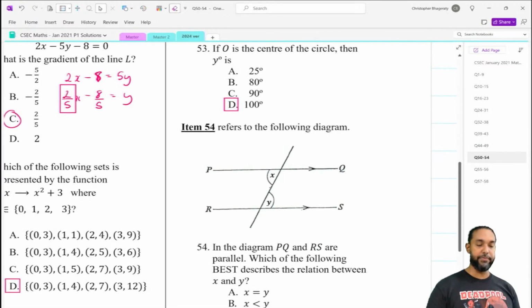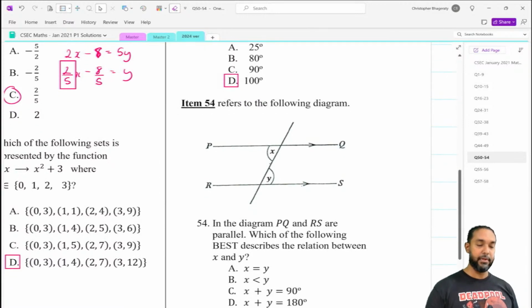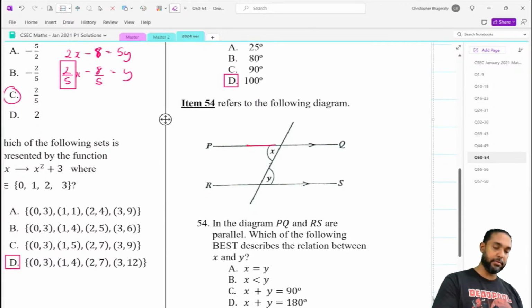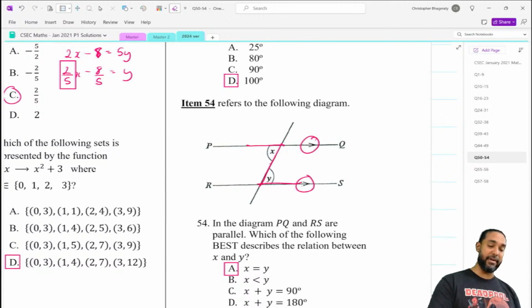Right, item 54 refers to the following diagram. So again, when you have parallel lines, you have Z angles. So x equals y. Right? Because again, you have parallel lines indicated by the arrows, and when you have this transversal cutting the lines,